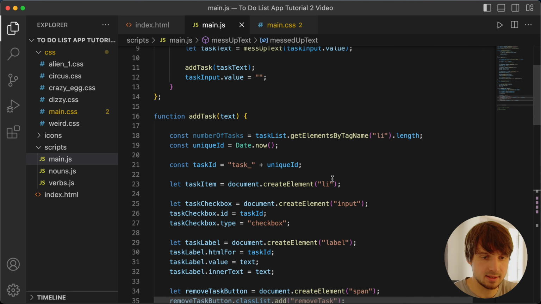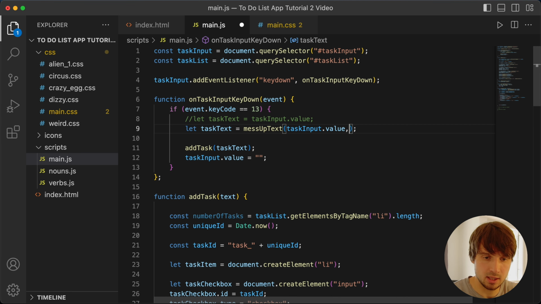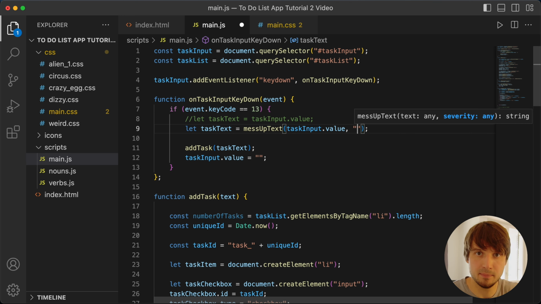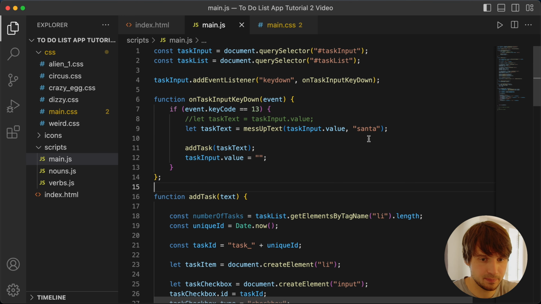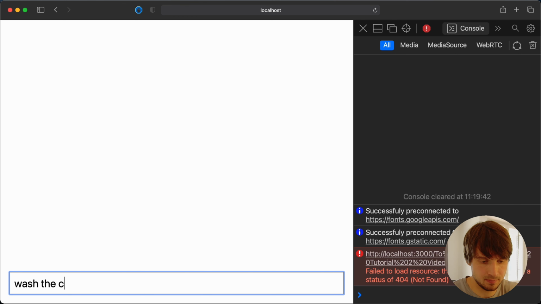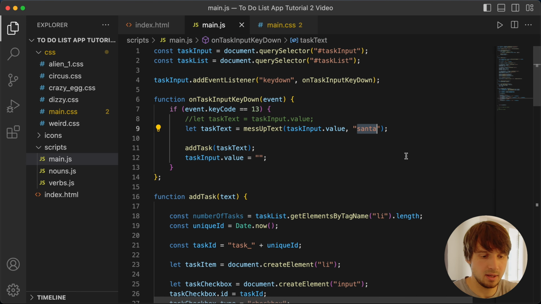So now if we pass the second parameter to this function, it will behave in a way that is specified in the condition. And if we change this parameter to something else,